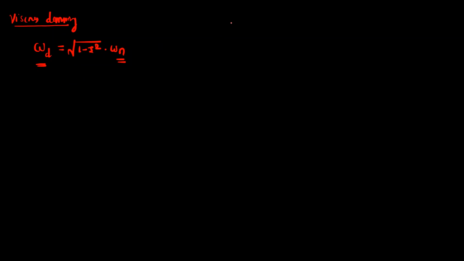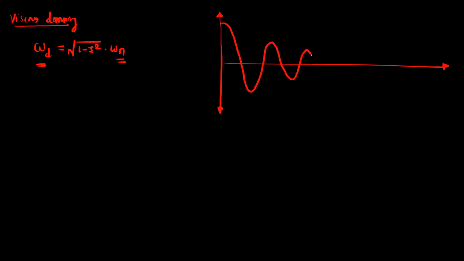Okay. So for that, if you observe the waveform for the Coulomb's damping, it is similar to the viscous damping. So this is also a cyclic waveform. So this is x versus angle omega n t. But what is the frequency equation? Okay, so we have to find out that equation. And therefore, we will consider the equation of motion.